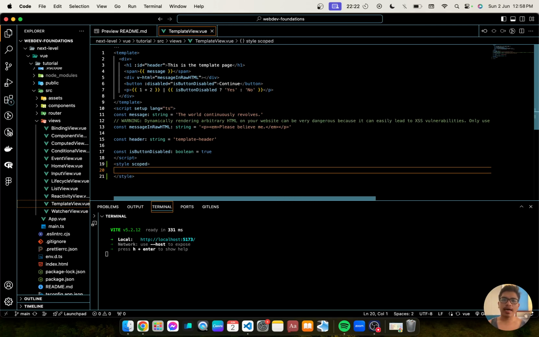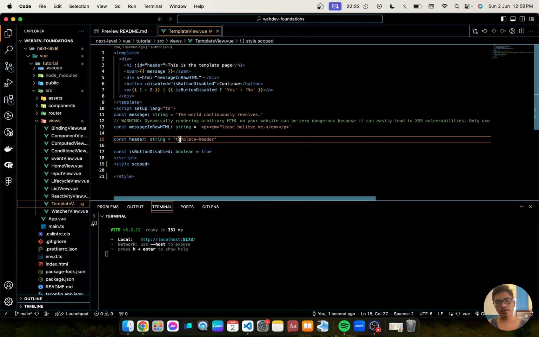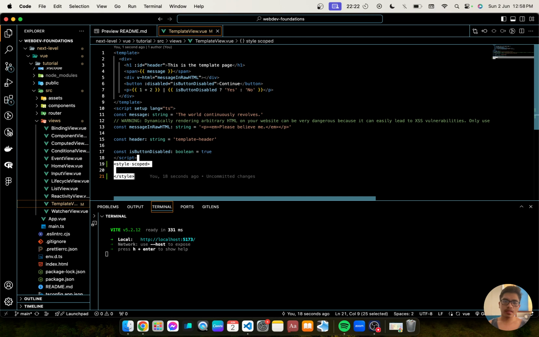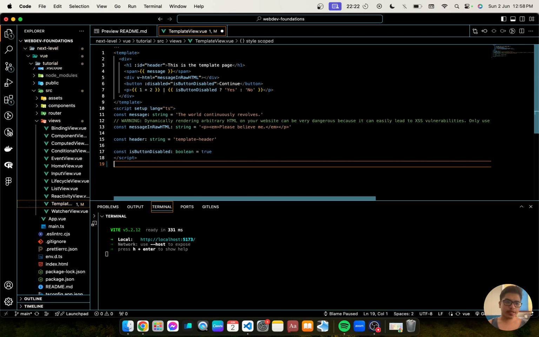The purpose of adding scoped is that the particular CSS that we'll be adding will be scoped to this view only. You can also use it in components where you can scope the styles that you'll be using. But here we're not going to use that since we have no need for it.